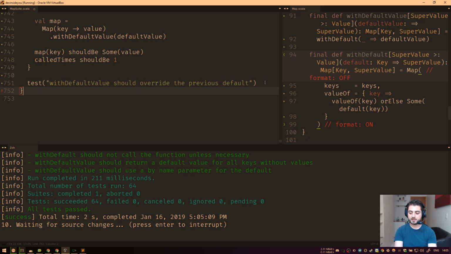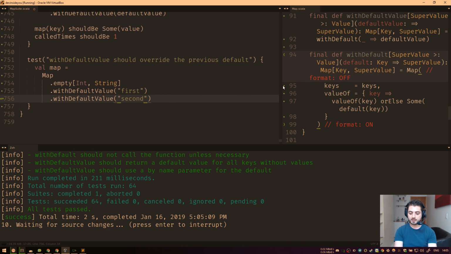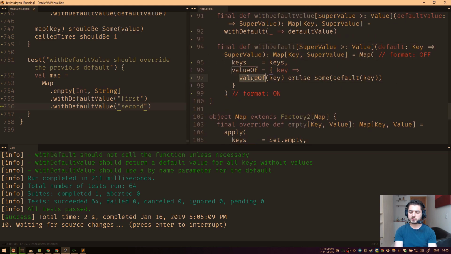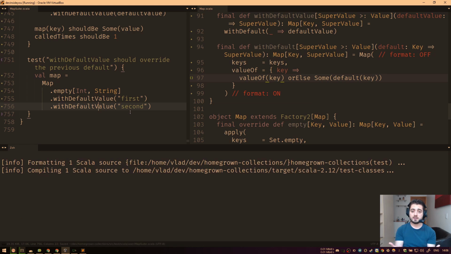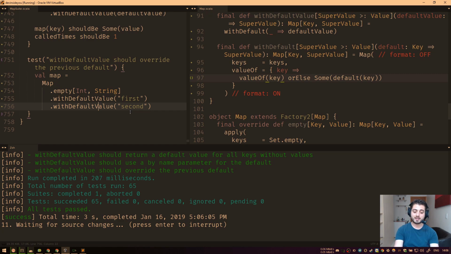Because what's happening right now is that if you have a map, let's have a map over here. I'm going to have map, empty, int, and string. Okay, so if you call withDefaultValue like this, right? And we're going to say first, and then you call it again, and you do second. The problem is that over here, we're sort of destroying the value of function, right? So the value of function will already say, okay, if there is no key, I'm going to return first. And then if you do that, it's going to say, okay, if there's no key, I'm going to return first. And then if there is no first, I'm going to return second, but there is a first, right? We already overrode it, right? So